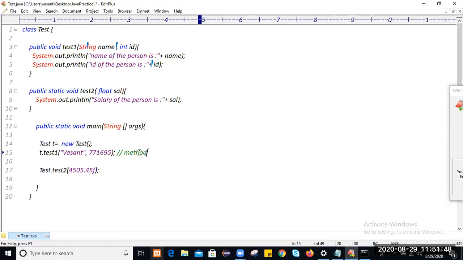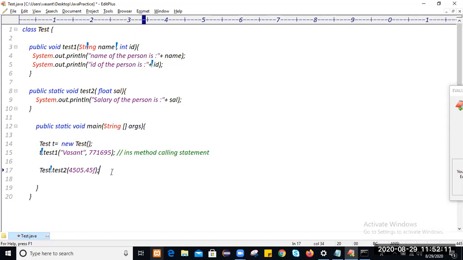Method calling statement. Every time we are writing it now. But which method are we calling on this reference? This is the instance method. Always, an instance method we will call by using a reference variable. That is what we say: this is called an instance method calling statement. And always you have to call a static method by using the class name.